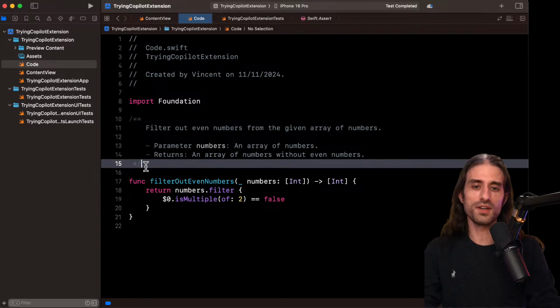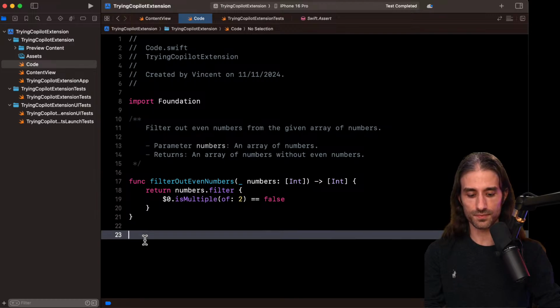Sometimes you end up writing comments that you need to write because it makes the developer experience better, but these comments feel a bit dull to write. Now you have a way to generate it automatically for you.